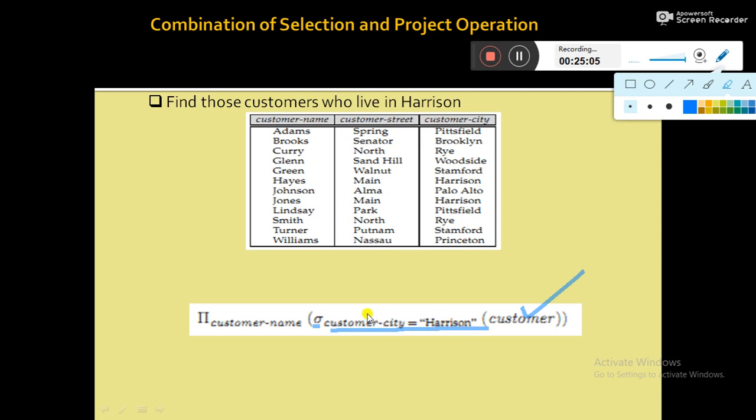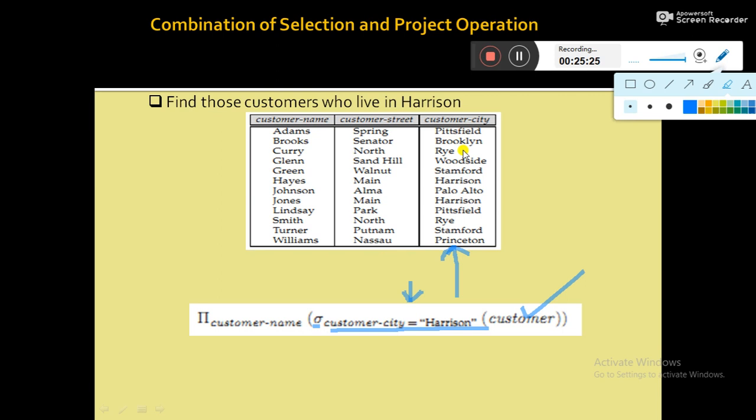That means once we write that particular query, select from customer where customer city equal to Harrison, it will select only those records who live in Harrison.